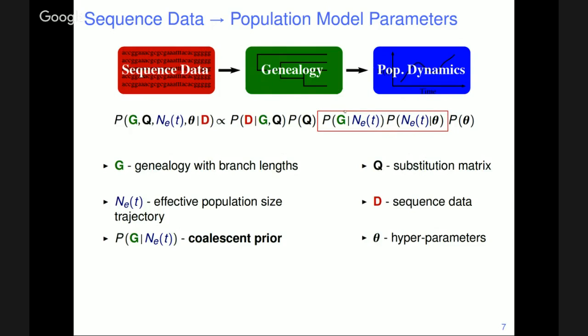So in this talk, I'm going to be talking about the coalescent prior. Then you need some prior on this population size as well, and the prior and the hyperparameters. After you define all these terms, you can turn the Bayesian crank and get the posterior using, for example, Markov chain Monte Carlo, MCMC. I haven't specified lots of these terms, but before I start specifying at least some of them, I want